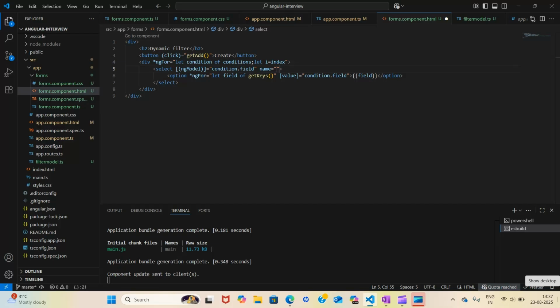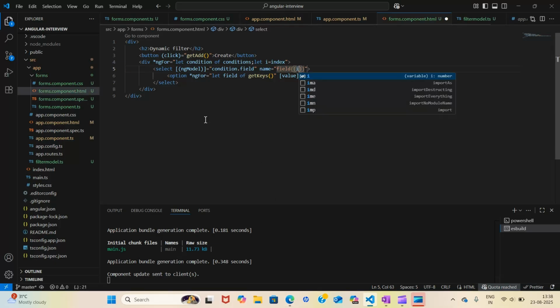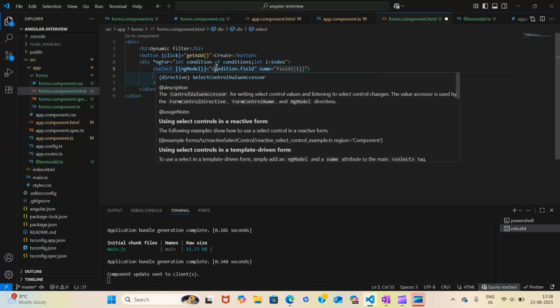This is because whenever you use ngModel, Angular wants the individual things which you are saving to be tracked with uniqueness. So for that I will use this. That's why I have given this index i. I was giving this unique name for each select, so that it knows that this is the unique name for field 0, field 1, field 2. Then it won't show any error.